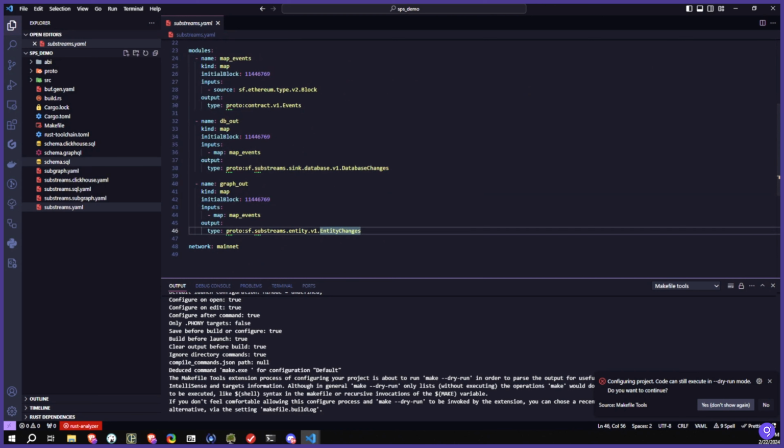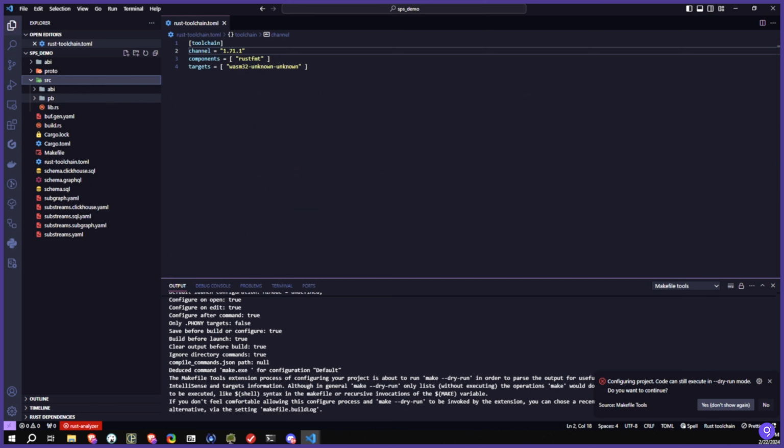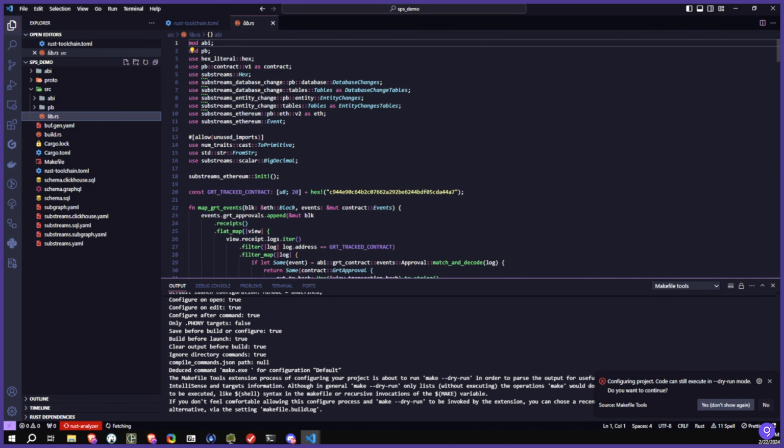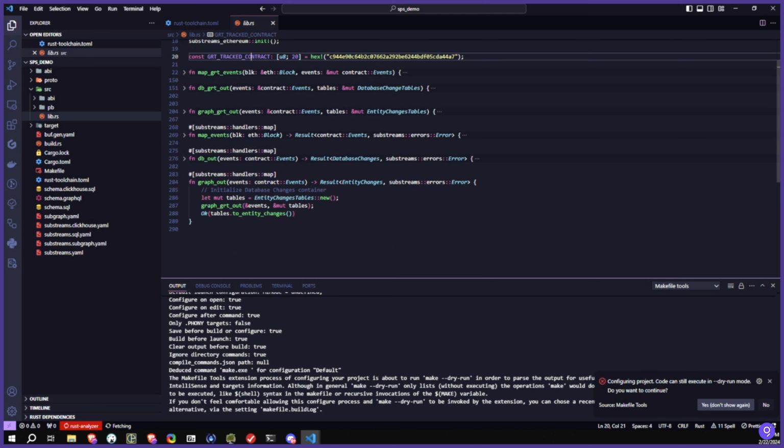So we're going to dive into that area of the code. Let me just change my toolchain. So we'll go into source, go to the lib, and the graph_out module right here. It's creating a variable called tables, and it's an entity changes table. So you have to start thinking in a tabular structure, where each table is for a given